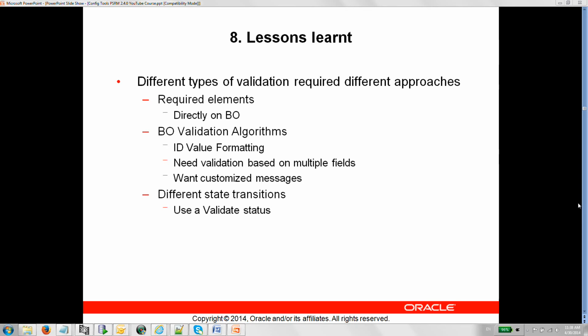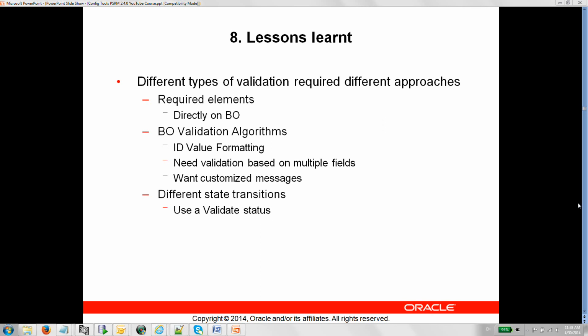If you want a customized message if the validation is incorrect, and it might not be sufficient to just define a required element directly on the BO, you can actually define your own messages. However, a validation algorithm simply will check to see whether the data is correct, and if it's not, it will come up with a message. It won't do any more sophisticated work like if the data is missing, or what you want to actually create and do something more sophisticated, like transition the data, the actual record, to a different state,